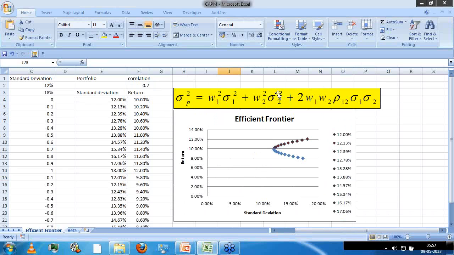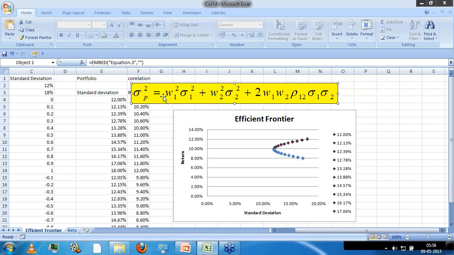Sigma 2 represents the standard deviation of asset B. W1 is the weight of asset A. W2 is the weight of asset B. There is one more term in this, and that includes the correlation. This rho 1 2 term is the correlation between asset A and asset B,